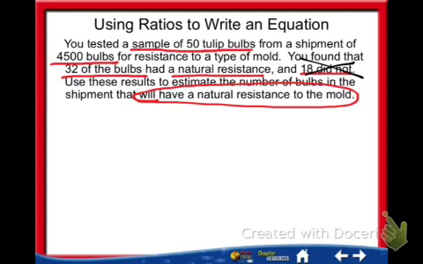First, let's set up a ratio to show us our sample. 32 out of 50 bulbs had a natural resistance. If this continues, we want to know